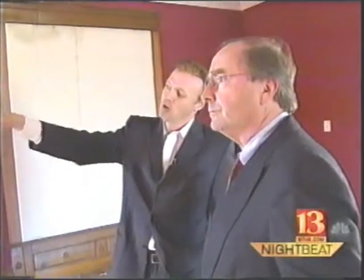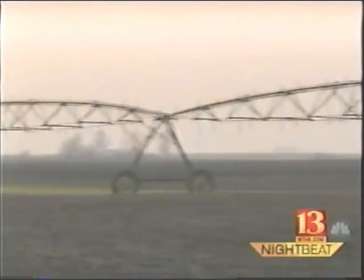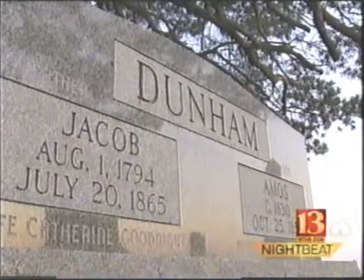This was the back porch. But Sean Clements' house in Tipton County has a front porch view of the past and future. Here's the copy of the original land grant, signed by President Zachary Taylor, 1849. This land, once held by the Miami tribe, then sold to pioneers. They bought 120 acres for $250. They, the Dunhams. And 170 years later,